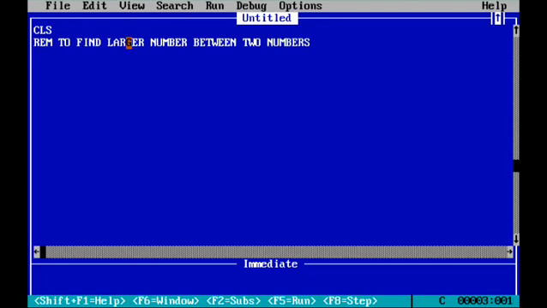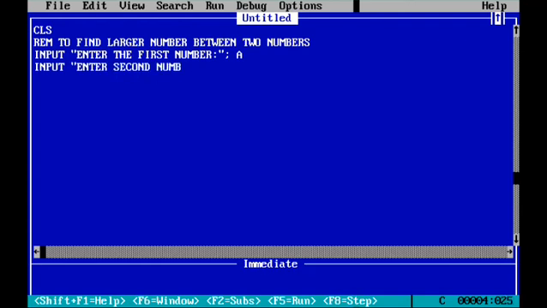For this, first of all you have to accept two numbers from the user. Enter the first number, and after that you have to give the variable name, a numeric variable, and again enter the second number. For the second number we have to give another numeric variable name.